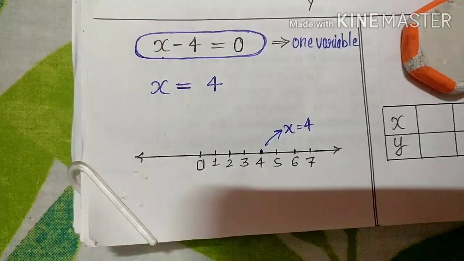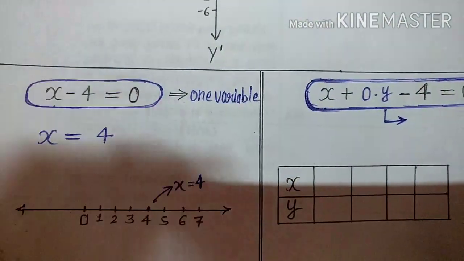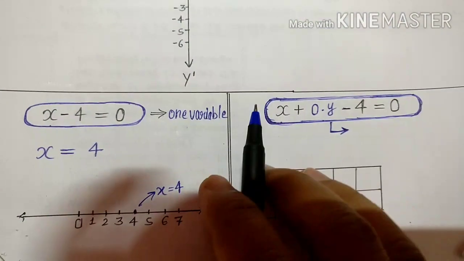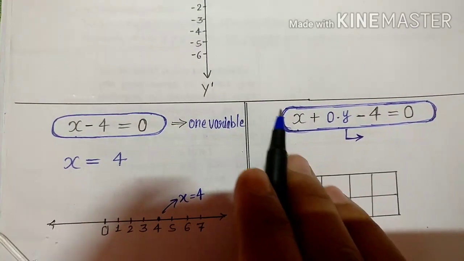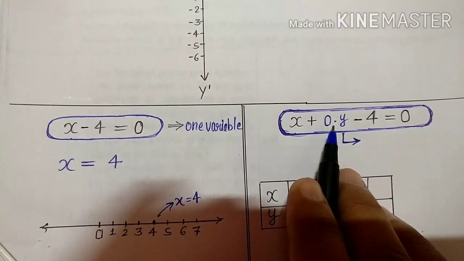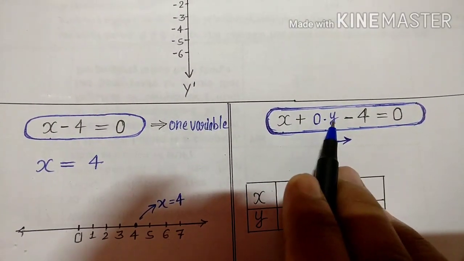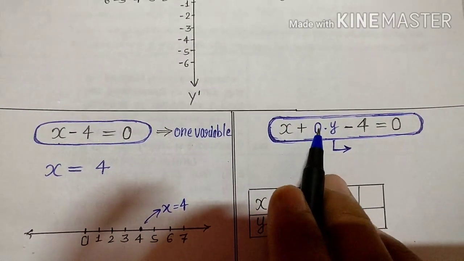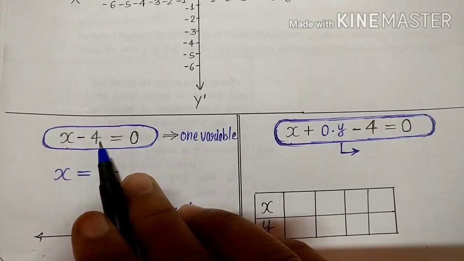So what will you do? Just think what you can do here. As you know, earlier also we have done something like this. So we can do it like this: x minus 4. What we are doing is x plus 0 y. It is not a decimal point, it is multiplication. The point here means multiplication. We have 0 multiplied by y. Just pay attention. We are multiplying y by 0. Then we are writing minus 4 as it is.